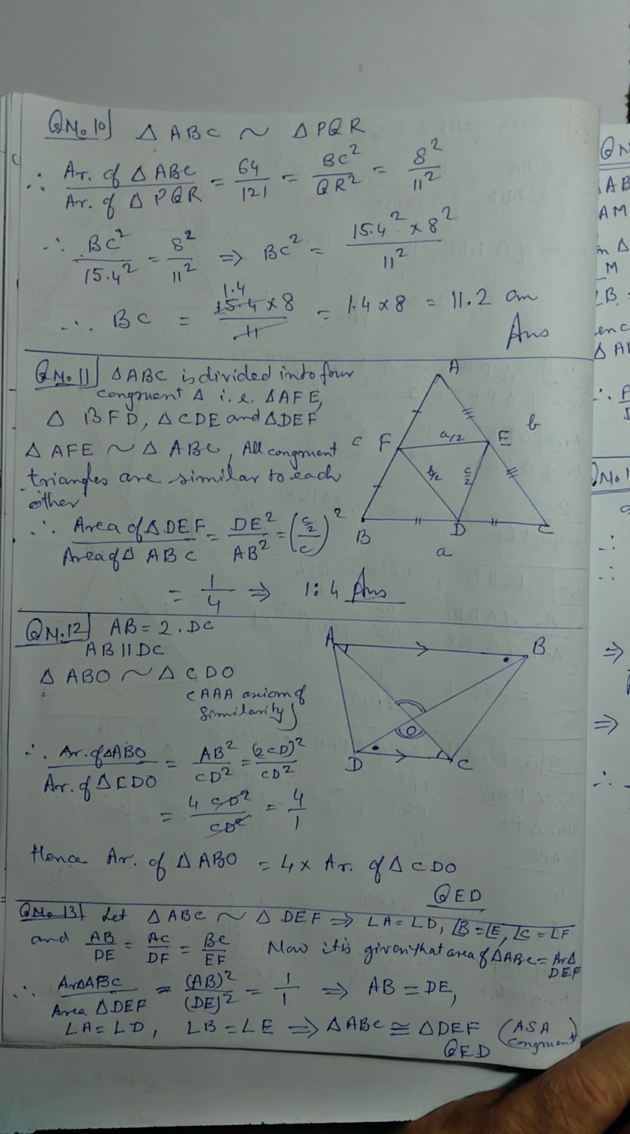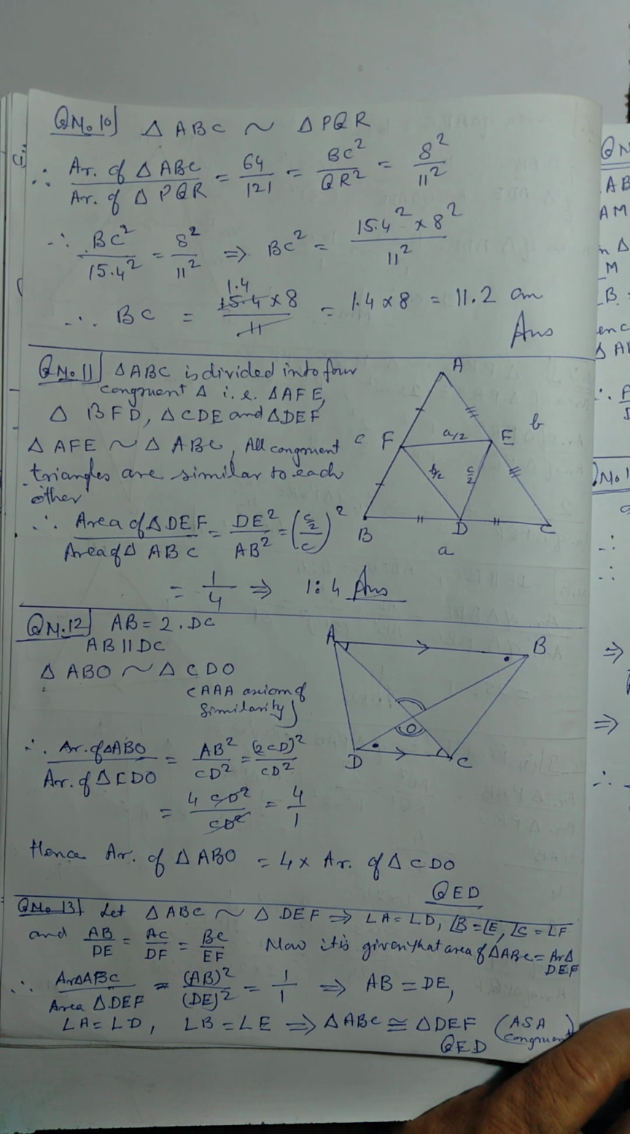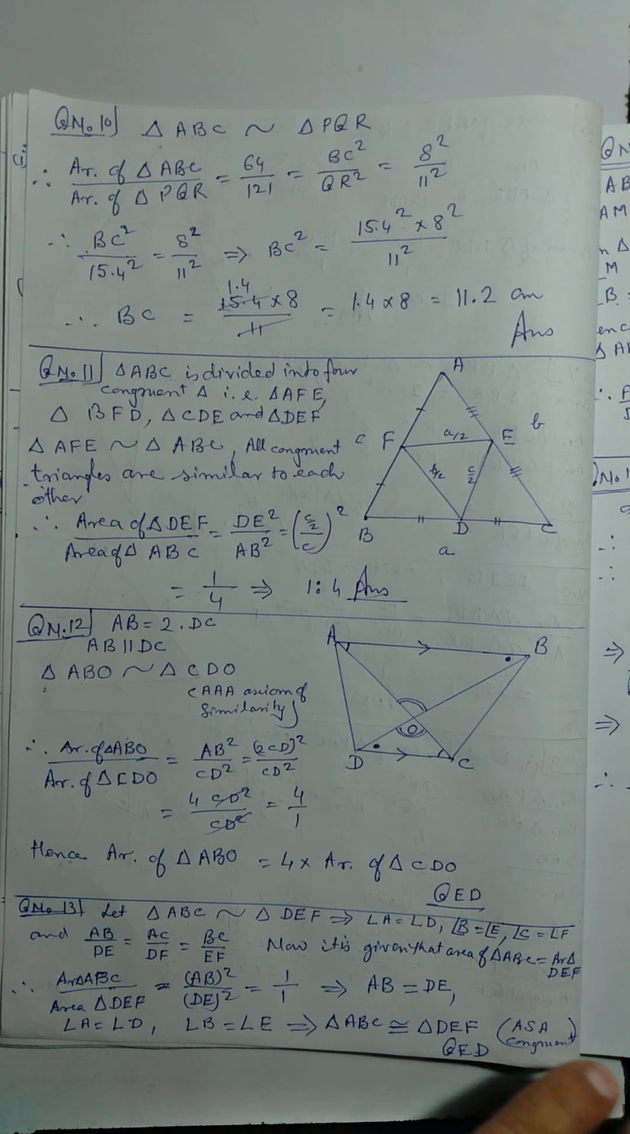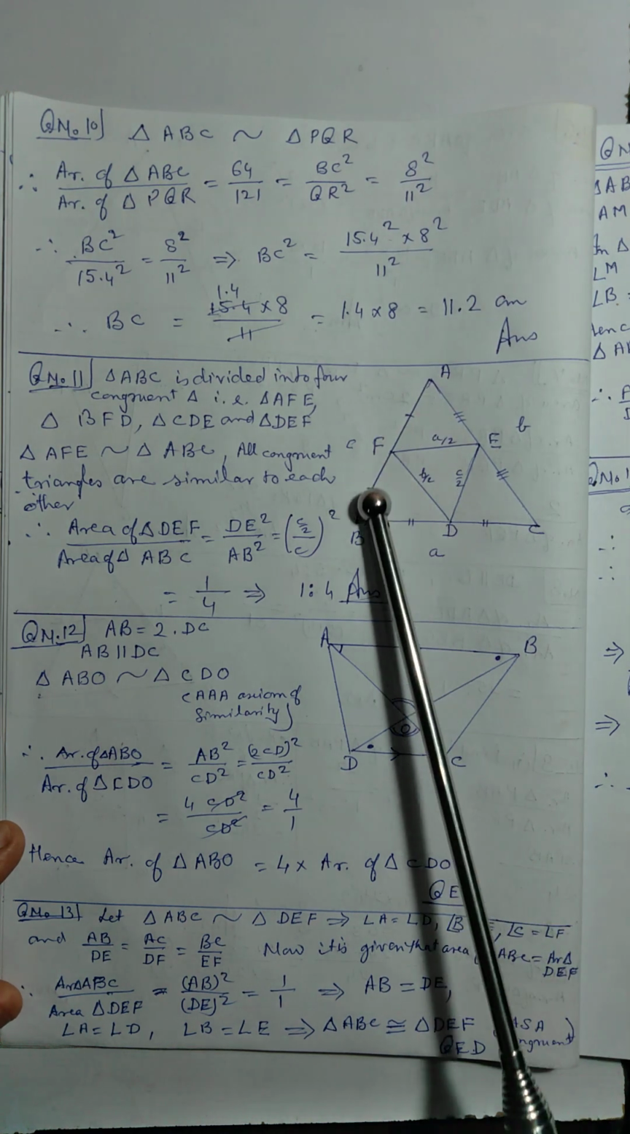D, E, F are the midpoints of the sides BC, CA and AB respectively of the triangle ABC. Determine the ratio of the area of the triangle DEF and ABC. अब देखिए यहाँ पर क्वेश्चन नंबर 11 में ABC एक ट्रायंगल है,